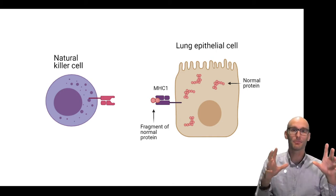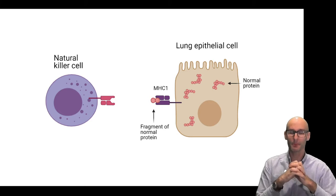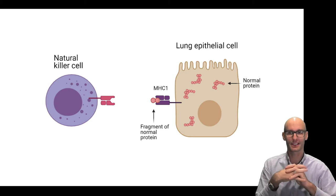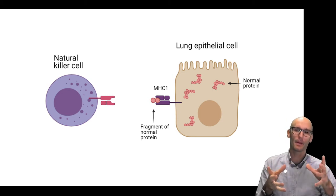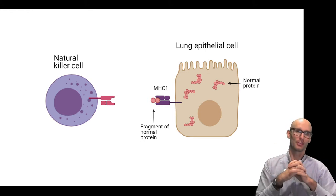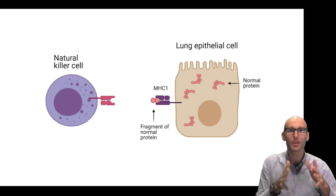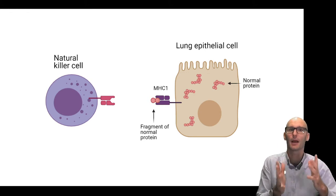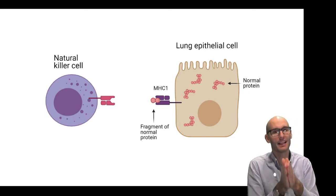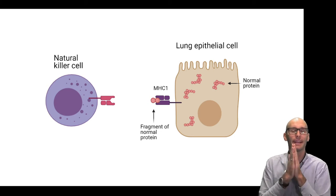And it flows around the blood. It's predominantly in the blood, and then it will be recruited to the site through those inflammatory signaling molecules. Now, the great thing about the natural killer cell is it is basically programmed to destroy. It is thinking, I am going to kill every cell I come in contact with. So here is a natural killer cell, and it's going to approach a lung epithelial cell, and it's going to